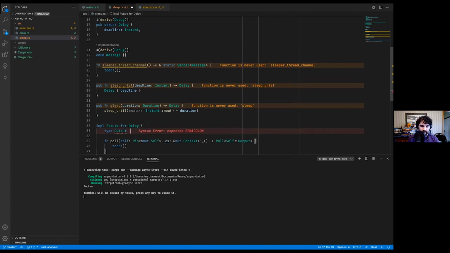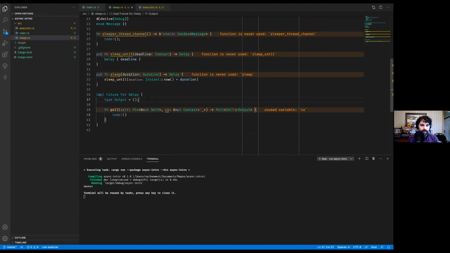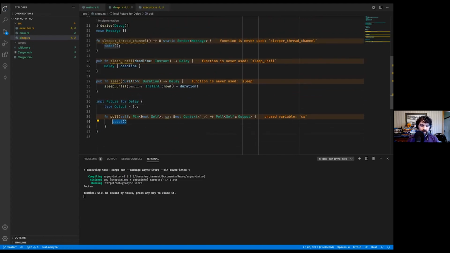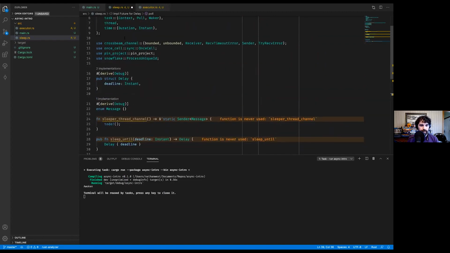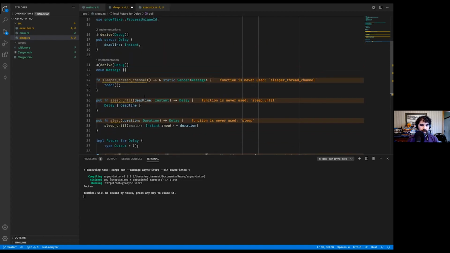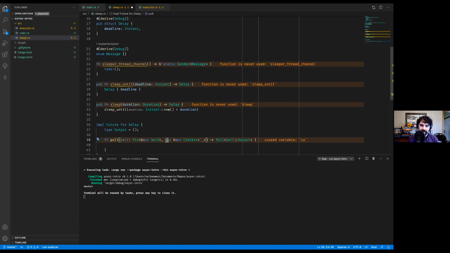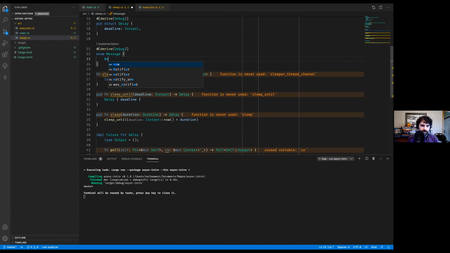Like before, we're not returning anything. We just want to know when it's done. Okay, so let's think about what we're doing here. The first time we poll, we have been given a waker in this context, and we want to tell the thread from earlier, this thread here, that we have this waker and we want to let it know here's when we're done. So that sort of forms our message, right?